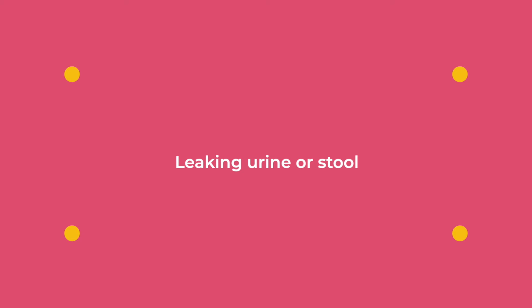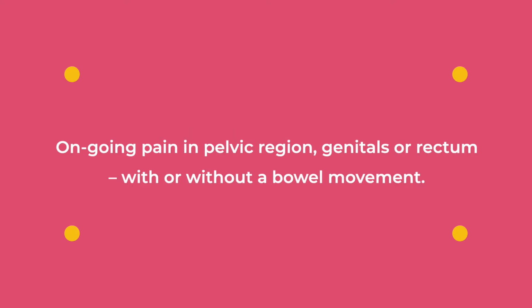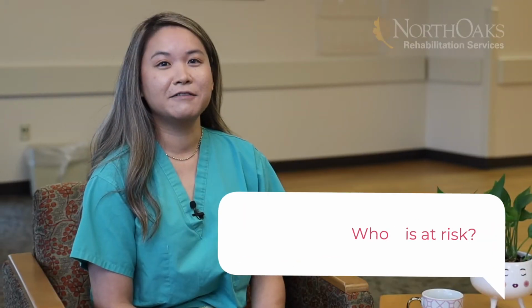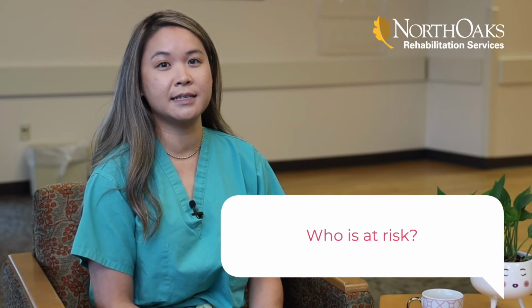These symptoms can include vaginal bulge, leaking urine or stool, frequent trips to the bathroom, painful urination, constipation and straining, pain during bowel movements, pain in the lower back, ongoing pain in the pelvic region, genitals, or rectum, with or without a bowel movement. Pelvic floor dysfunction affects about 25 to 45% of women at least one point in their